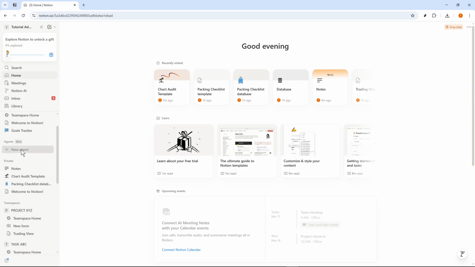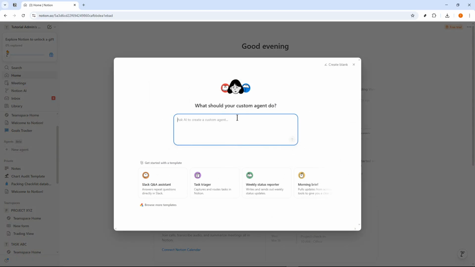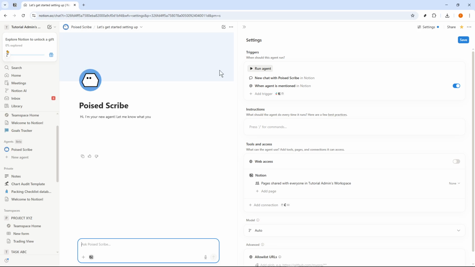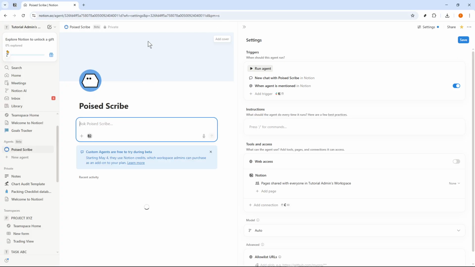Next, click the plus icon next to Agents to create a new custom agent. When Notion asks how you want to start, choose Create Blank. This gives you full control so you can manually configure the agent specifically for building a Work With Me manual template. After that, go to the Name field at the top of the Settings panel and rename the agent to